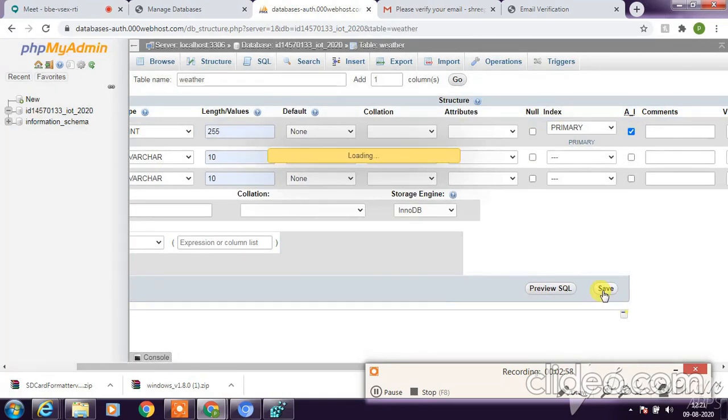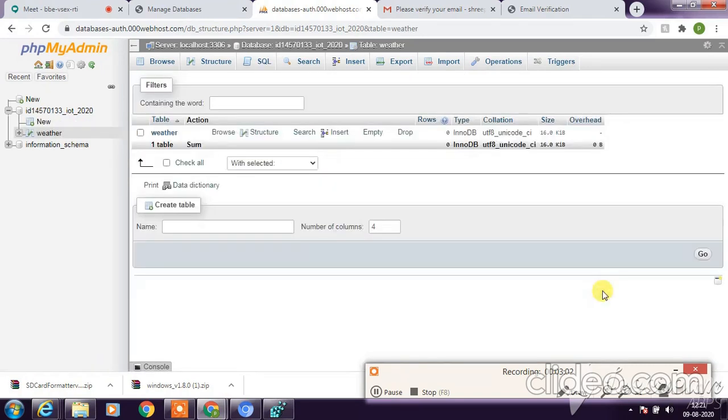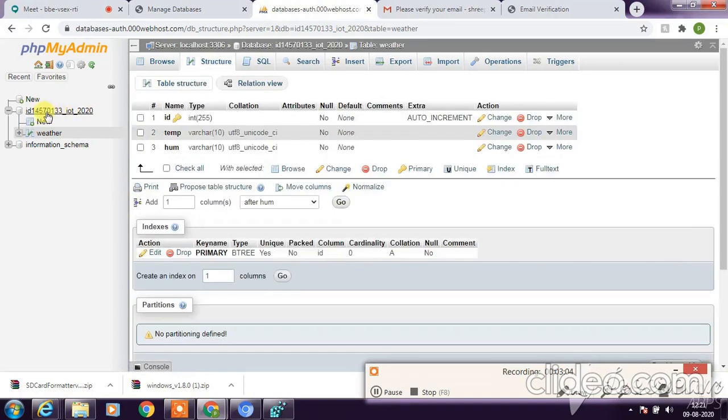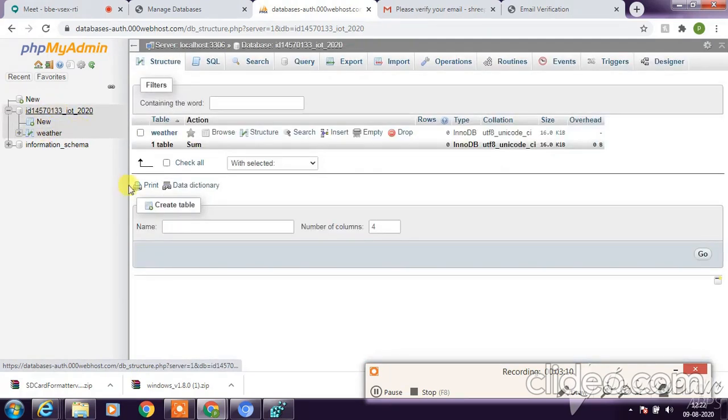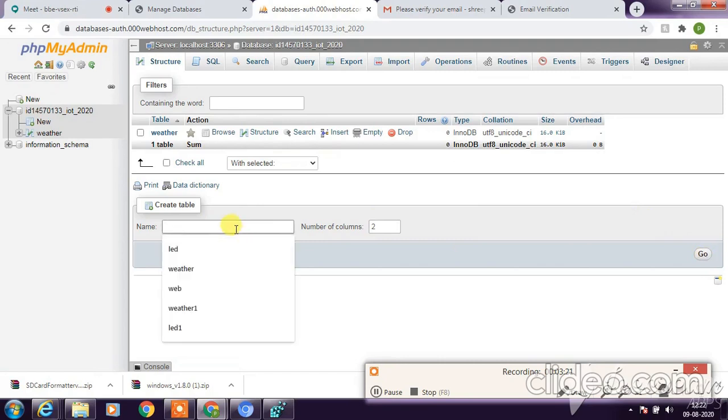Inside the ID 2020, it is going to show me the weather table. You can see when I click, there is a table inside. Again click on the ID 2020 and I am going to create one more table called LED. I click on LED, columns I need only 2: one is ID, one is status. Select 2, I say go. Oh, it's asking me the name, right?